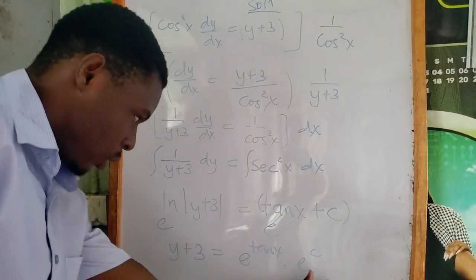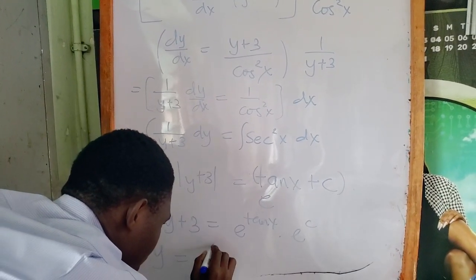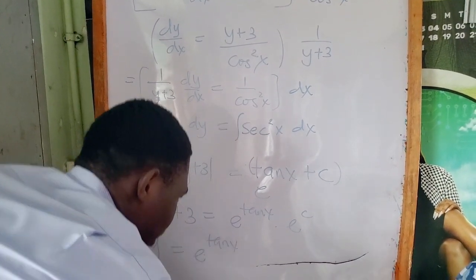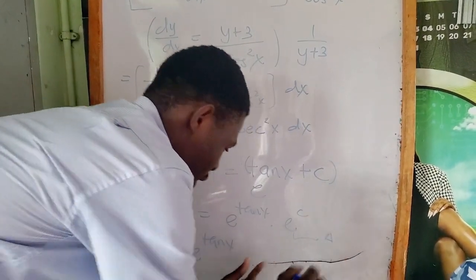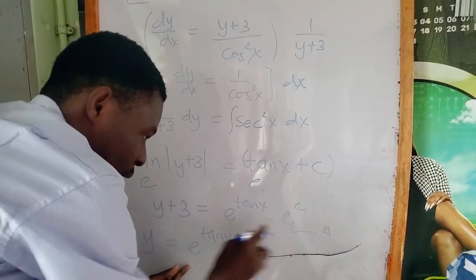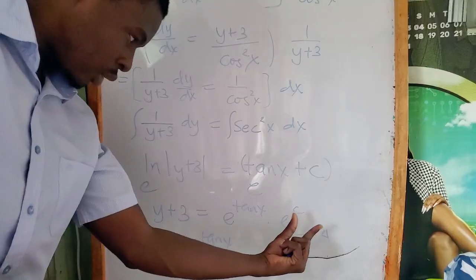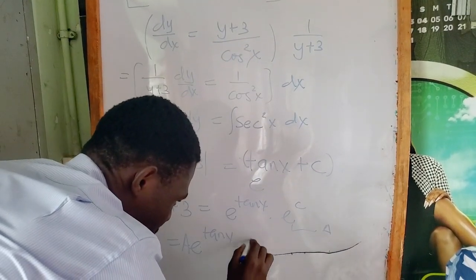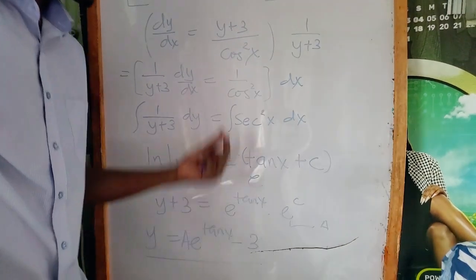Now we can take 3 to this side. This implies that y is equal to e to the tan x. Now e to the c is a constant. Let's call it a. Now it is multiplying, so we put that a here. Okay, now this 3 we are taking to this side, so this will be minus 3. This is the solution to this